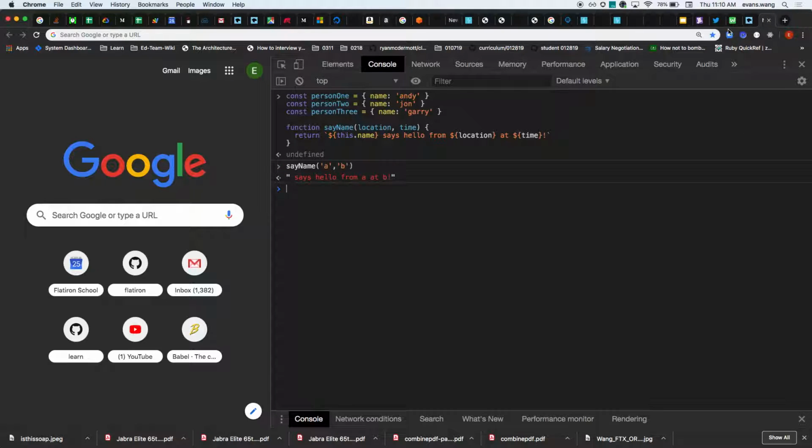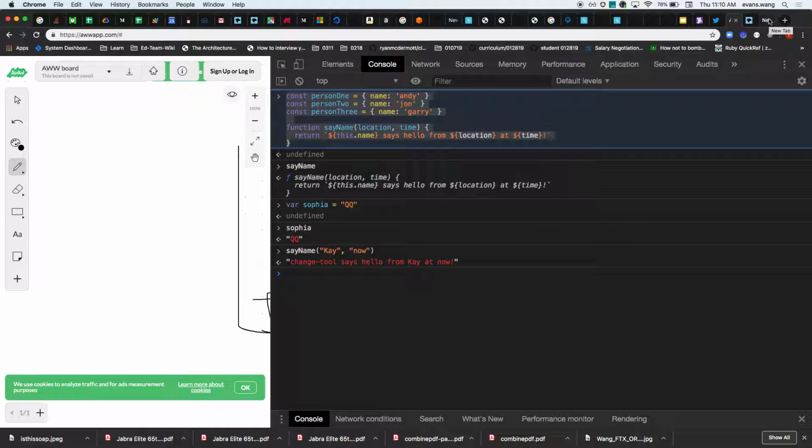Yeah, I think Awesome Web App overwrites the global object change tool, embarrassing. So anyways,